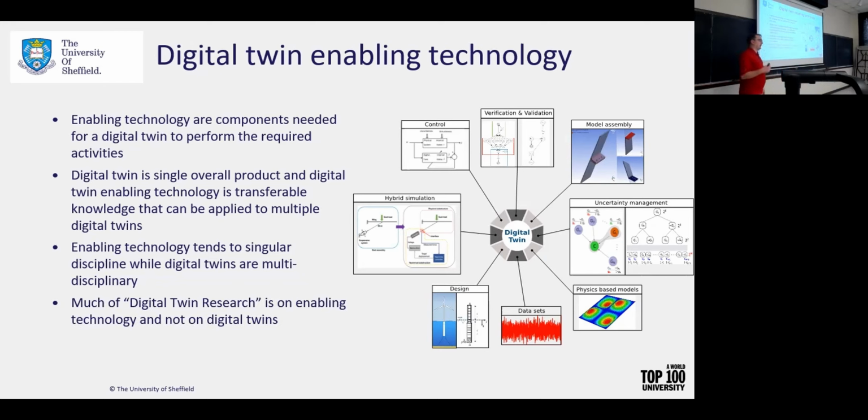So when you actually look at digital twin research, what tends to happen, from what I found, is that most digital twin research is about an enabling technology. So, give me $1 million in order to study this one particular aspect of the digital twin, because I'm a singular person working on a singular discipline. So that tends to be around digital twin enabling technologies. And very few people focus on the digital twin as a whole, because that requires a multidisciplinary approach, that requires a consortium of information of varied people with varied industries. It's very hard to set up one of those types of things. So when you think about research on digital twin, most of the time, whenever you read it, it's going to be an enabling technology.